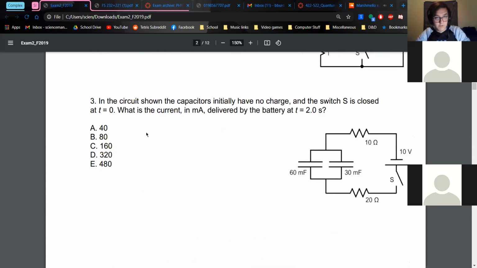Now we can move on to number 3. We got another circuit here. And we want to know what is the current in the circuit delivered to the battery at 2 seconds. It's odd to think about current in the battery, but